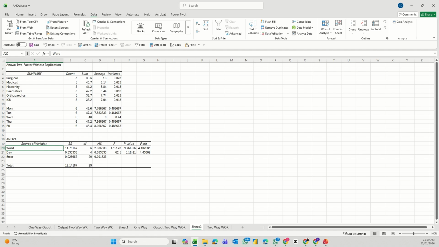You can put it that way. Then the next one: there is no significant difference between the satisfactory levels of patients during days. So when you say you reject the null hypothesis, that means you fail to accept